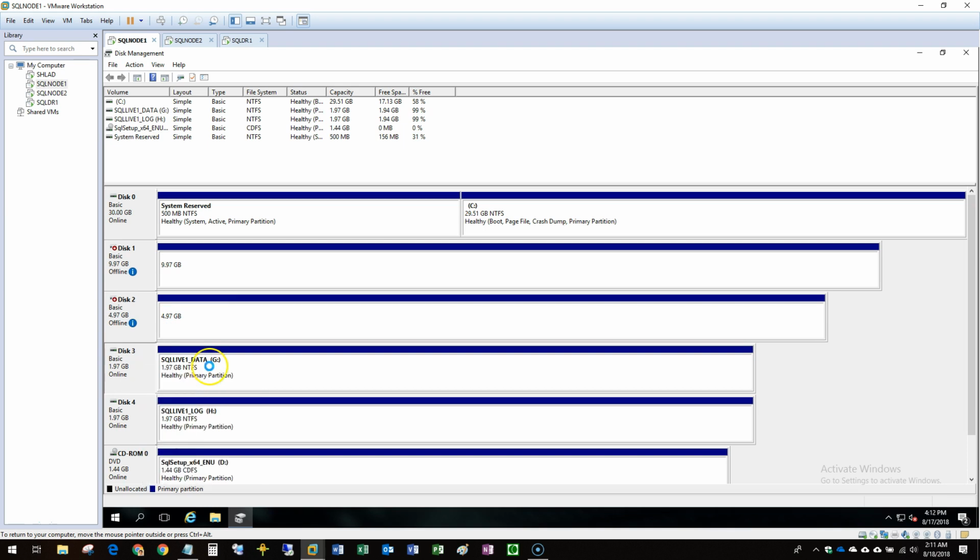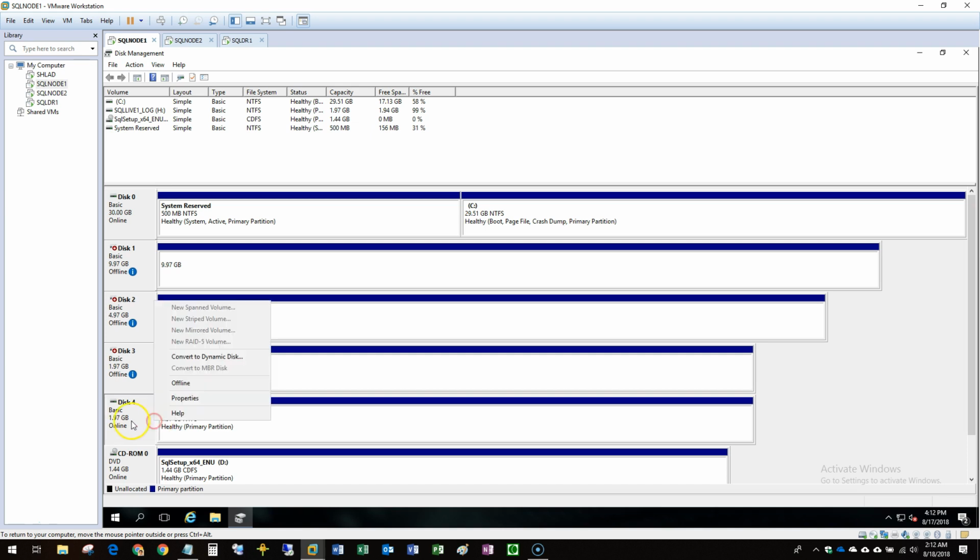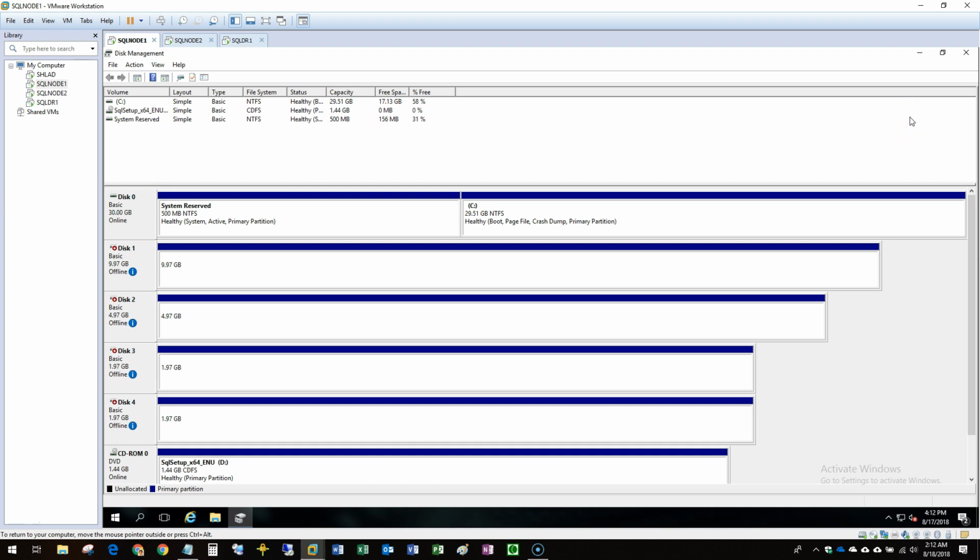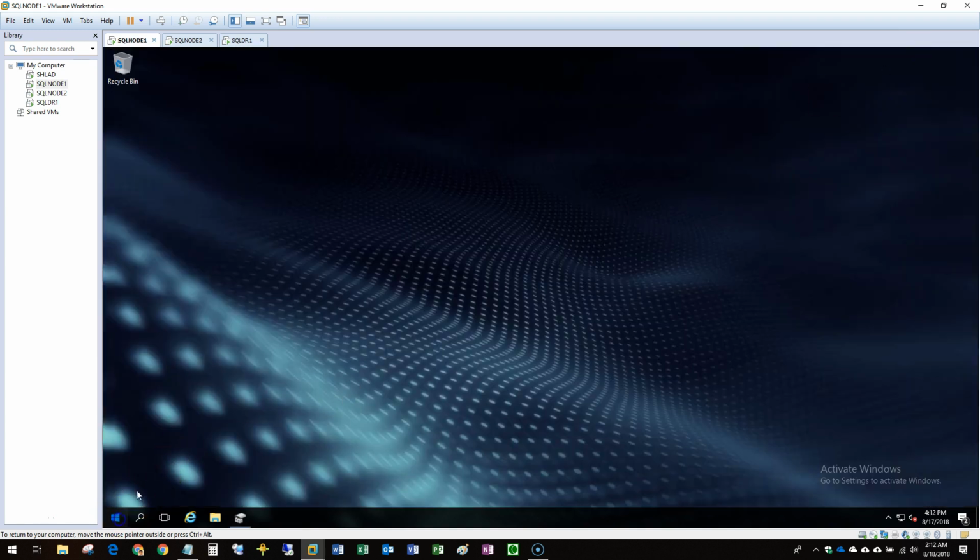For the cluster creation, we have to have an account which has the rights to create computer objects in Active Directory. For this lab I'll be using the domain administrator, but obviously in production systems you have to use a regular account which should have only the permission to create computer objects. So all these disks are now offline. We'll just start